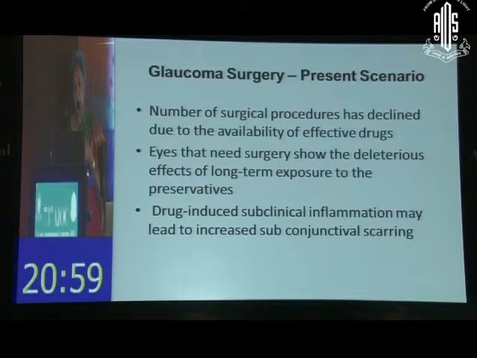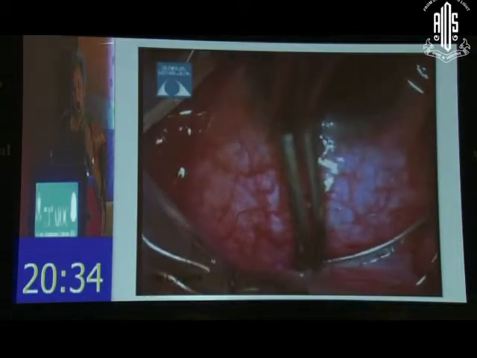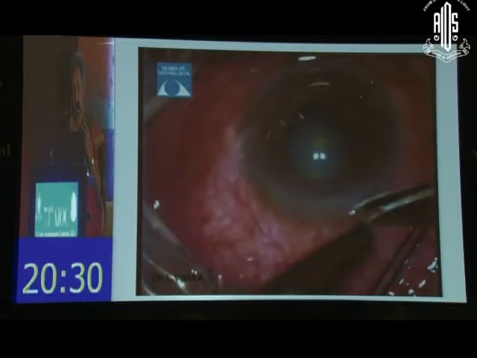And we did talk about it. Number of surgical procedures in general have come down because of the availability of the drugs, but the long-term usage of the drugs have caused a problem in a different way because of the allergies and surface disorders. The tendency for scarring is more, so we tend to use more of antimetabolites along with the glaucoma surgery. And it's a quick video clipping that shows the fornix-based